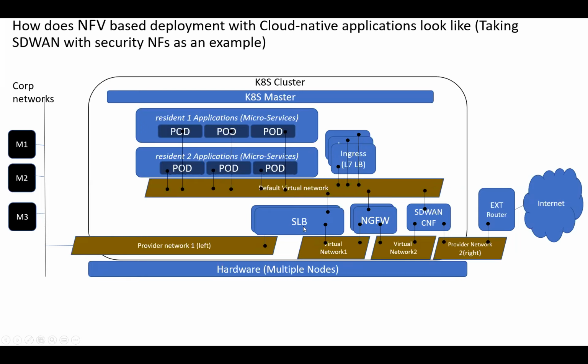The SLB is the service load balancer. This is the next gen firewall and the SD-WAN CNF. We are not deep diving into what these do. Basically, all I want to communicate here is that these are the CNFs we are looking to add support for. To see the actual traffic flows we are supposed to enable through Antrea, one of them is that from one of the microservices, you need to go through the CNF to chain your traffic communication from your microservice to the external network. This is one use case.